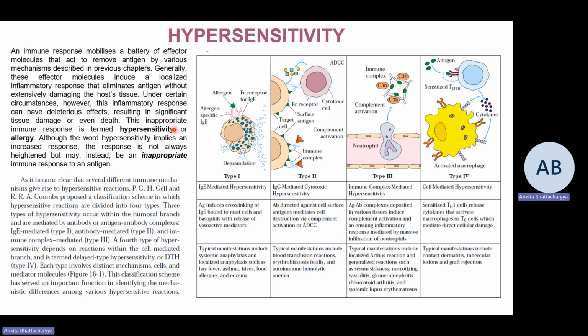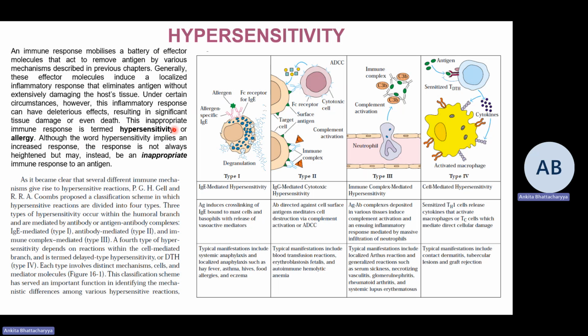As it became clear that several different immune mechanisms give rise to hypersensitive reactions, Gell and Coombs, who are the pioneers in this particular work, proposed a classification scheme in which hypersensitive reactions are divided into 4 types. The 3 types of hypersensitivity occur within the humoral branch and they are mediated by antibody or antigen-antibody complexes. First is type 1, which is IgE mediated, antibody mediated, type 2, and immune complex mediated, type 3. A fourth type of